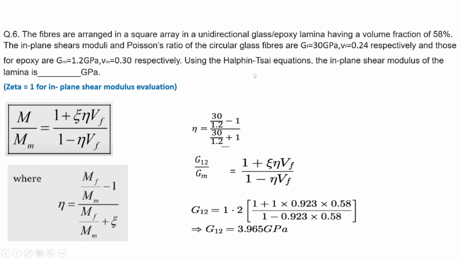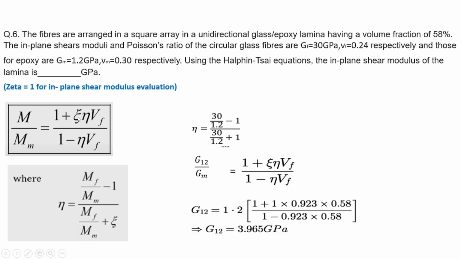So we know the Halpin-Tsai equation. The Halpin-Tsai equation is used because for transverse properties, the mechanics of material approach was not giving us accurate solutions. That's why for transverse properties only we are using the Halpin-Tsai equation. So sir has taught this is the equation where m is the modulus